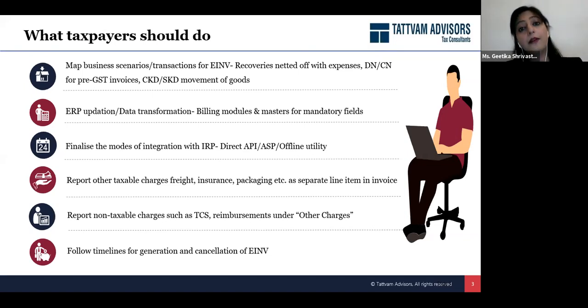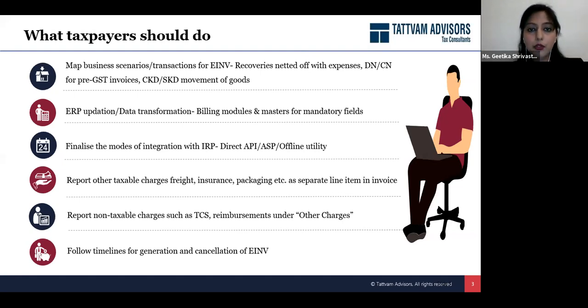But in today's scenario, the law requires that every invoice which is issued under the law should carry the QR code, and without that, the invoice will not be considered as a tax invoice under the GST law. So now there is some integration which is required from an external portal, which is the government IRP portal. So once you have this integration, you also need to have an update in the billing module to have a place where you can print the QR code.